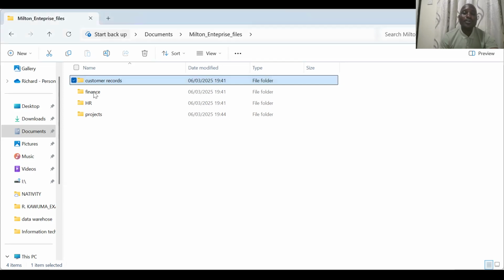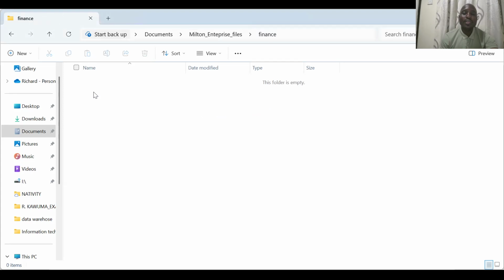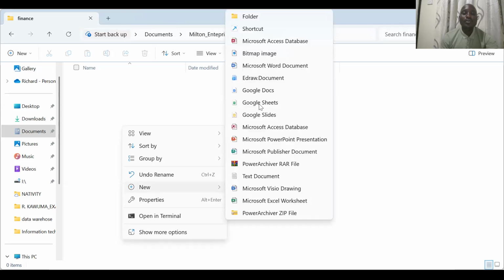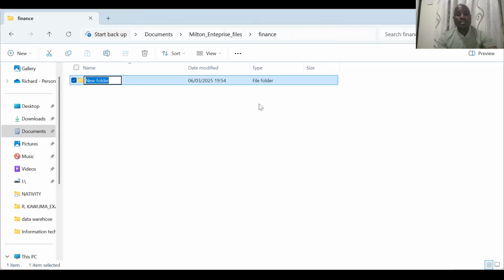So we open the finance folder. Then we are going to create there a folder, which we are going to call ABC Enterprise Files. Okay, so after creating that folder,